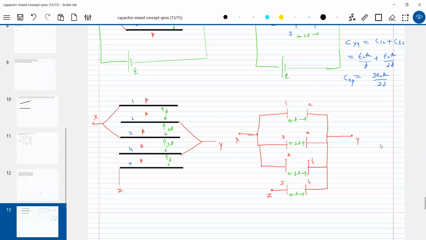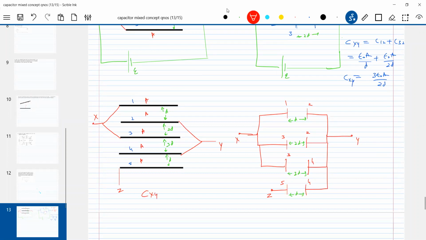And I'll bring the circuit. Okay, what to do now? The equivalent circuit has to be shown like this. So let's calculate Cxy. What is Cxy? It is only C12, C32, C34. I'll write down the equation, do calculation later on.